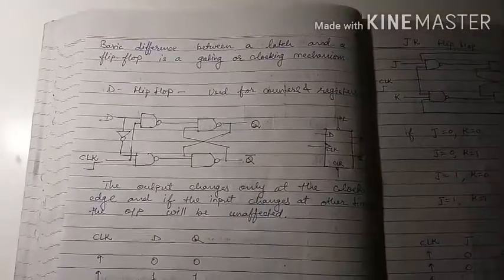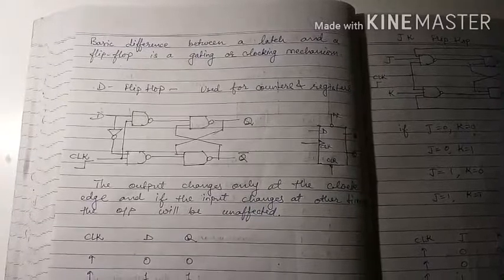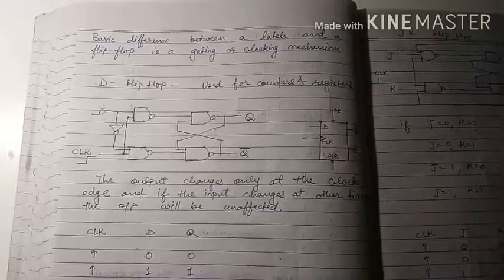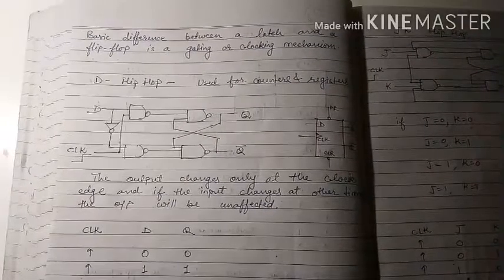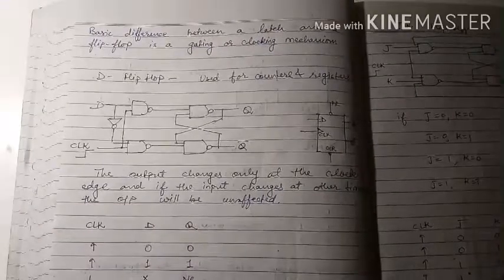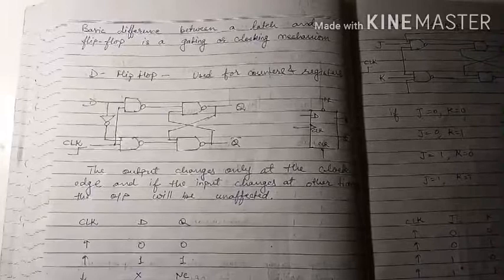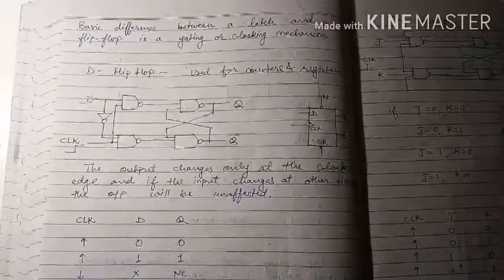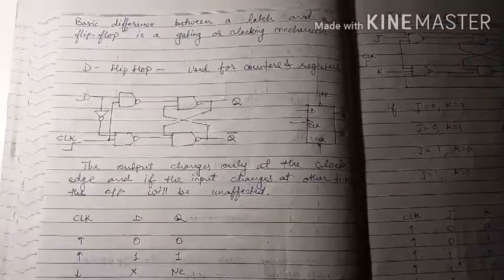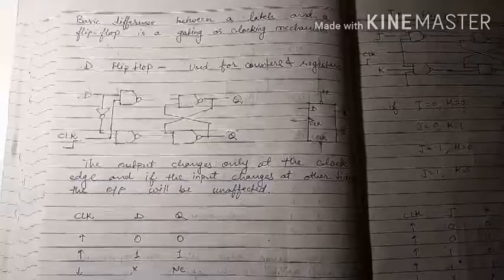Dear students, in the previous lectures we have talked about the flip-flop, which is the basic memory element. It can store a single bit, either 0 or 1. We have seen the RS latch and RS flip-flop and its working. Now I hope you understand what a flip-flop is and how it works. Now there are different types of flip-flops depending upon their applications.